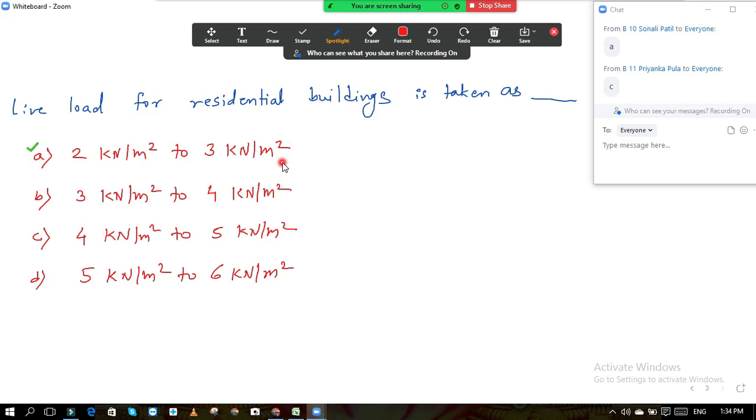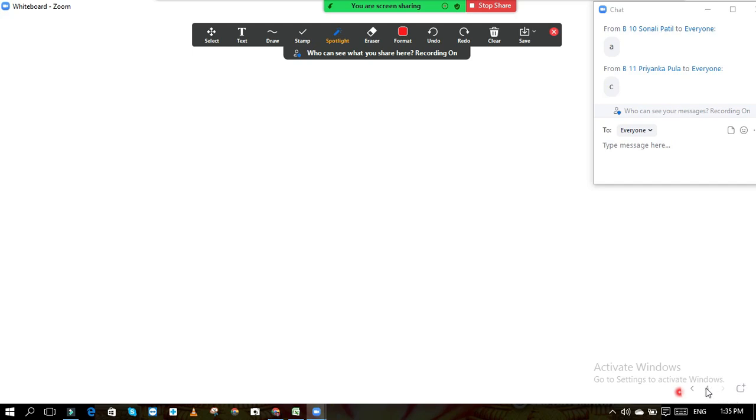Okay, so in this unit we have discussed what the stairs are, then the different terminologies and some definitions: landing, tread, riser. Okay, all these things we have discussed. Then we have designed the dog-legged staircase, and the detailed reinforcement also we have drawn. After that we have designed the open well staircase, and the detailed reinforcement also we have drawn. Okay, and after that, some of the important MCQ questions we have discussed over here. Okay, so this is all about your unit number 1. Okay. Now next we will move to unit number 2.